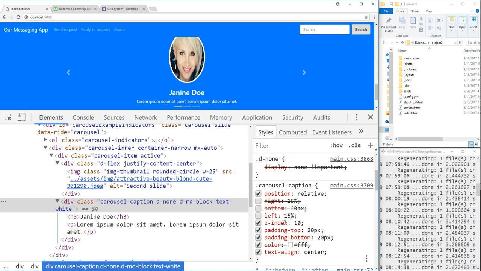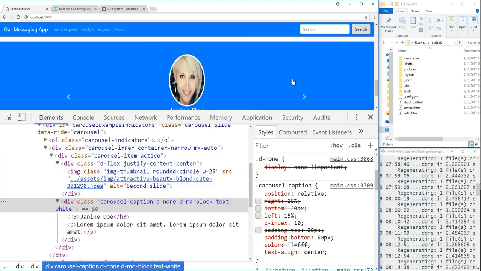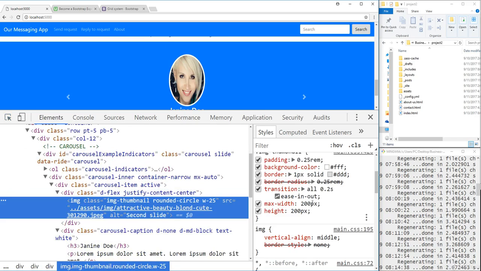So right, bottom, left, all of them are going to be turned off. And padding top is going to be 0. We're going to increase padding bottom to, let's say, 50 pixels. And I think we're good enough. We're in good shape. The only issue that I have now is that my IMG thumbnail is still misbehaving a